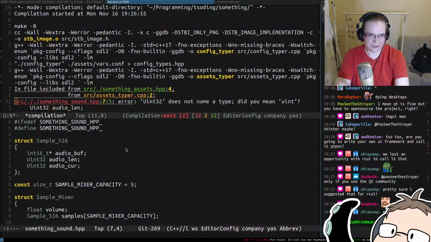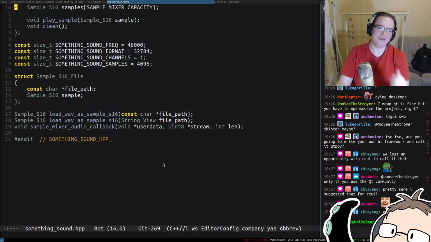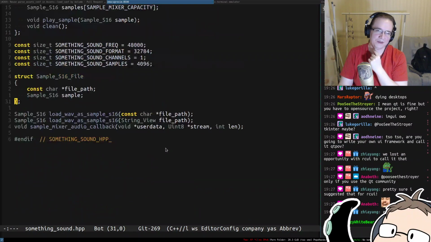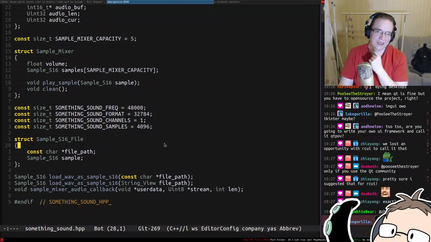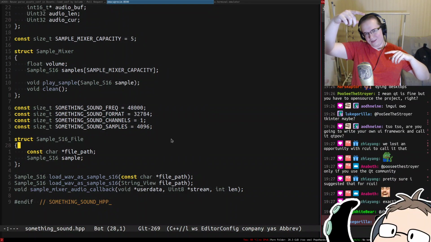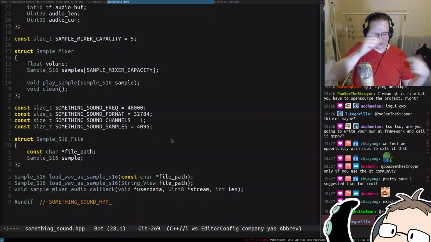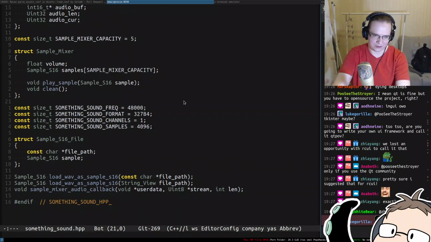Alright, so we also have sound. God damn it, so that means we'll have to do something about that. Yeah, because the assets is including sounds, and sounds include SDL, and you don't need SDL for the assets parser and stuff like that. Okay,